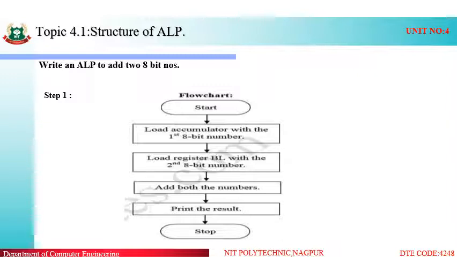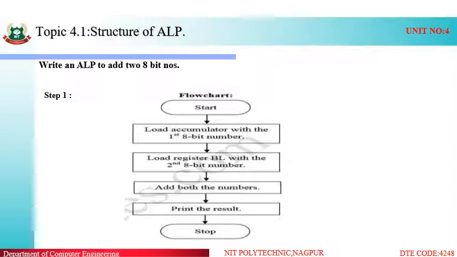So here we are using 8-bit numbers. So we will load the first number into the 8-bit register, that is our AL. So the first number will get loaded. Now we have to perform addition of two numbers. What about the second number? The second number we will load into the BL register. Now the first number is in AL, the second number is in BL. Now what do we have to perform? We have to perform addition.